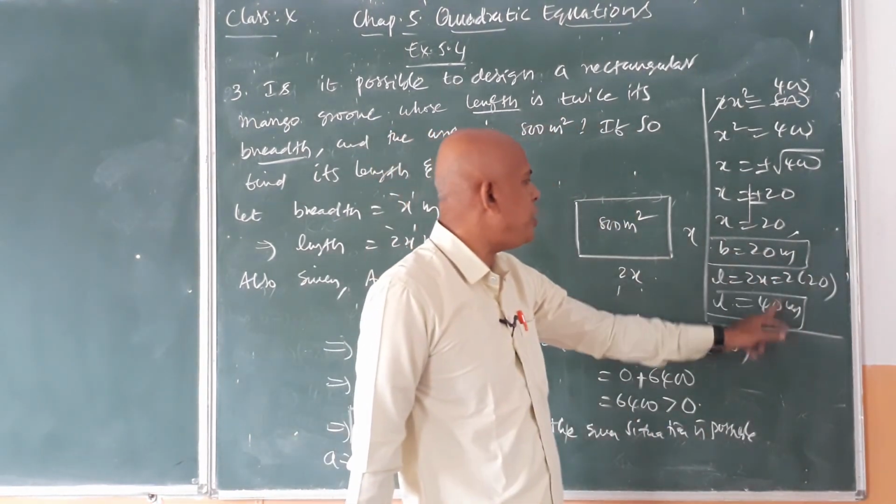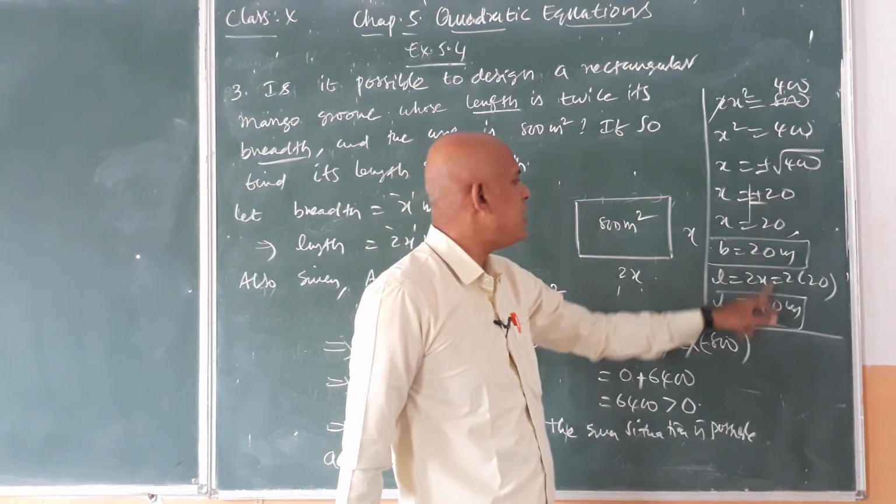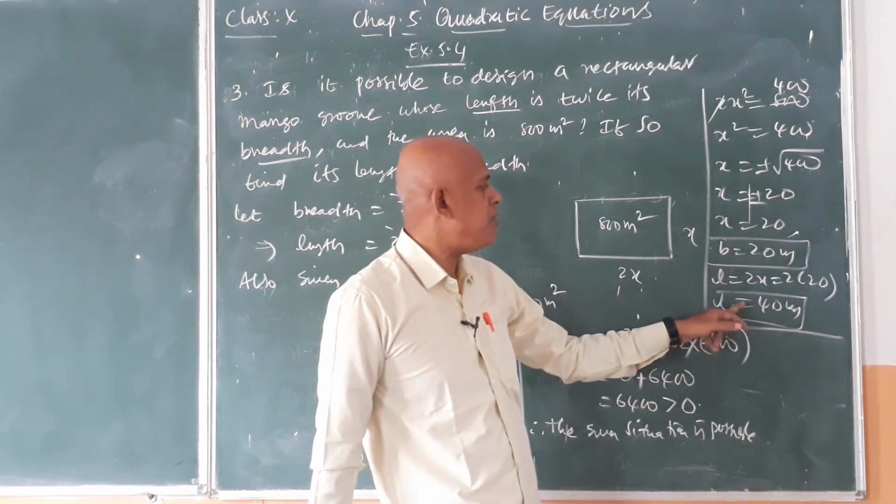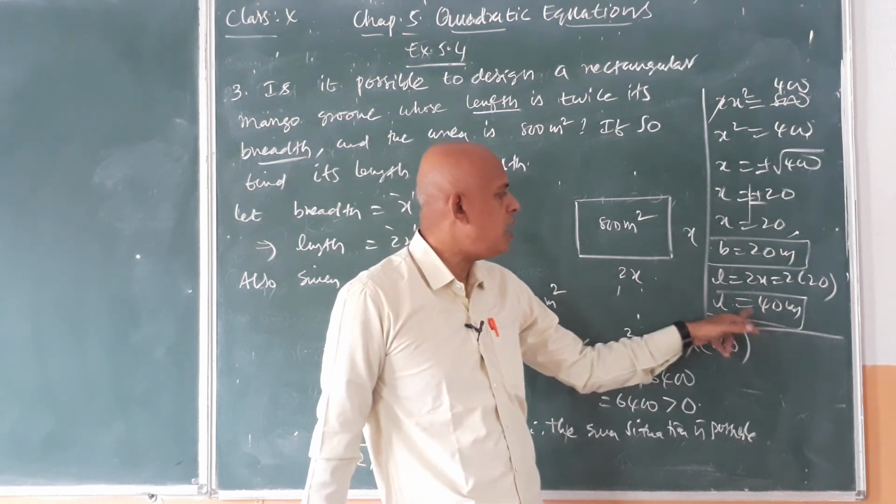If you multiply again 20 into 40, what will you get? 800 meters square. So therefore the dimensions of the rectangular mango grove are length 40 meters,